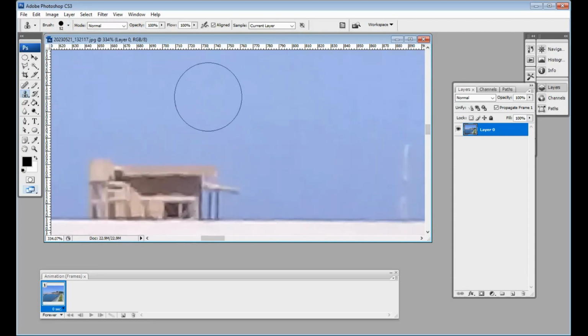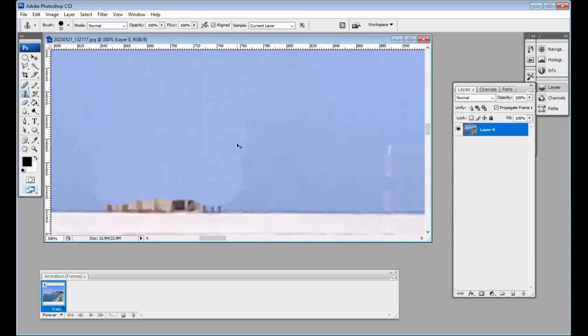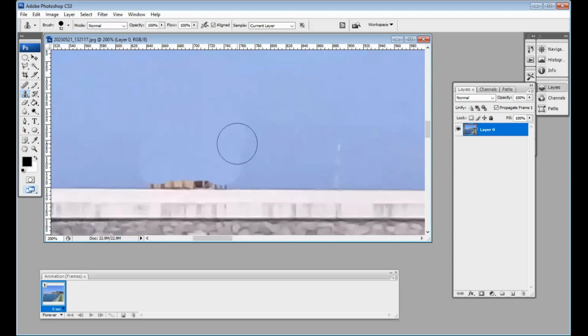Yeah, hold Alt and click this area, click and try. Okay, like this. Yeah, okay, be careful. Okay, like this. Control minus, yeah, and try to copy this.